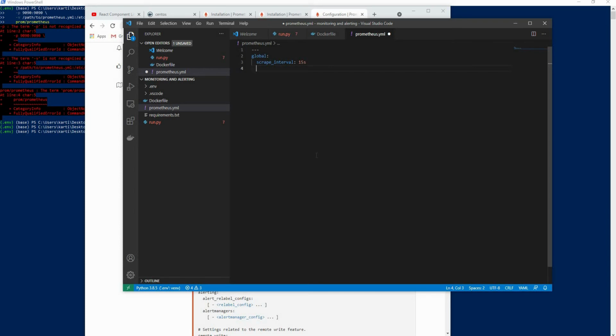What it will do is scrape everything that we give inside, by default every 15 seconds, and we can always override global settings for every small setting that we give individually. Then we'll give another interval, the evaluation interval. Let's also set this to 15 seconds. Both of these are the defaults for whatever settings we are going to give down below. I'll add a step for alerting. Let me add comments so it would be easy for anyone to understand. So these are the global settings.